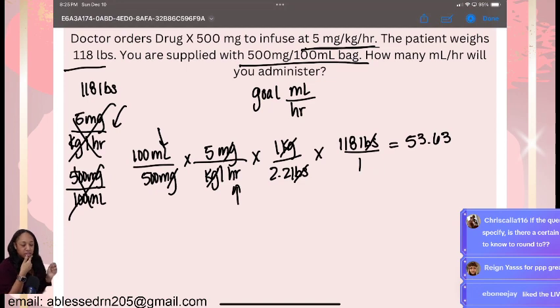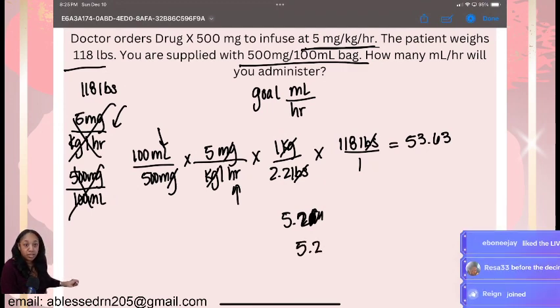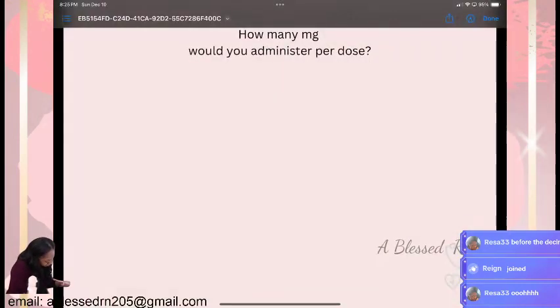Oh, okay. So you want to have a leading zero before the decimal, but no trailing zero. So if you have 5.20, don't put that zero on there. It'll just be 5.2. Because they take off for trailing zeros, because it can be misconstrued, and you can get a med error. You know, because they'd be like, well, is that 520 or is that 5.2? You know what I'm saying? So yeah, and it said usually drops go to a whole number. Yep, you're right. That's how they usually do it.